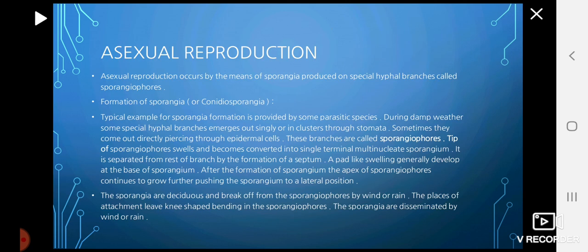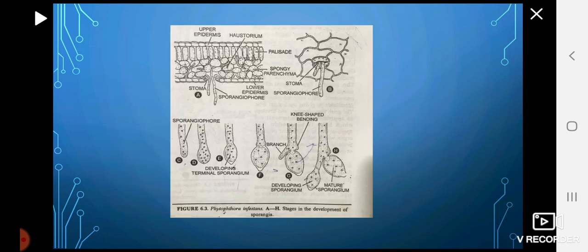Now, asexual reproduction takes place by sporangia formation. How are the sporangia formed? We'll discuss the formation of sporangia in Phytophthora infestans. So you can see here in the diagram that sporangia are developed